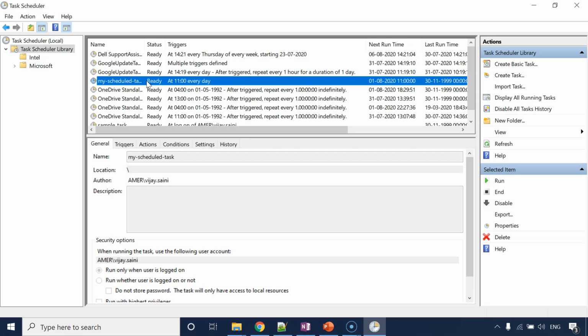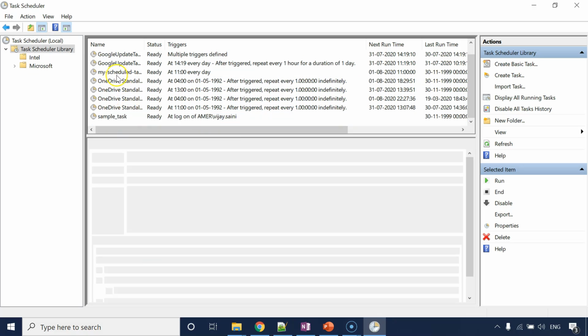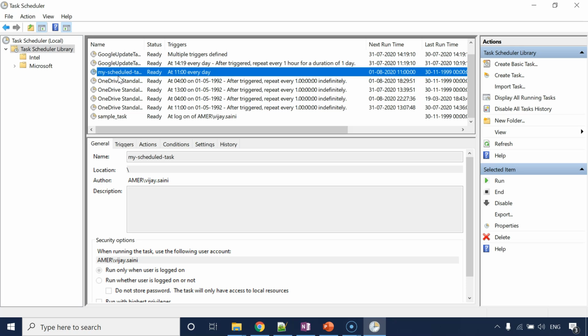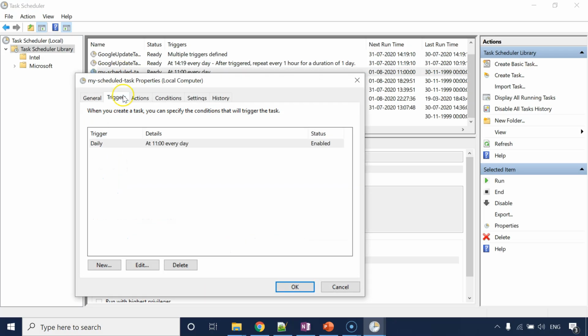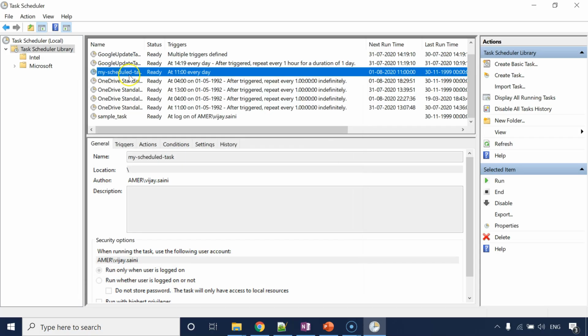Please understand, once the schedule task is created, there is no difference between this task and the basic task we created. There is no fundamental difference between them apart from the way of creation, right? So this task will automatically get executed as per the schedule we have defined, but I want to run it on demand right away.